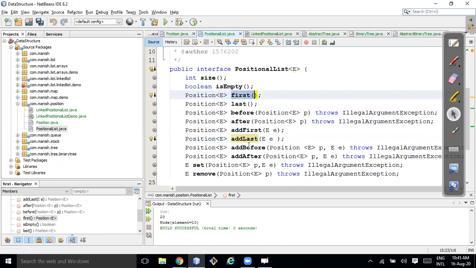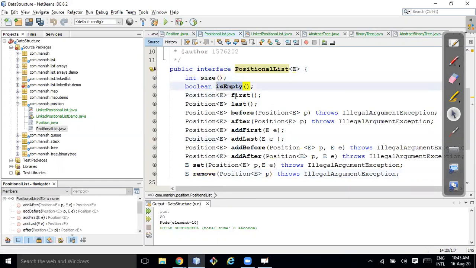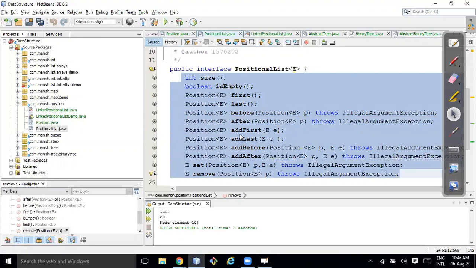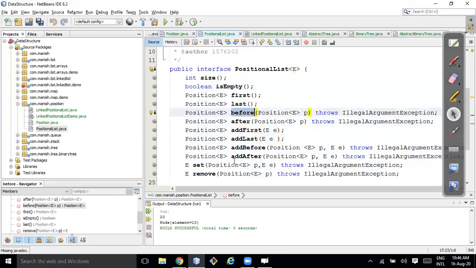First is for removal, right? Add first or remove first can be used for removal. Similarly, you can implement a deque, that we call deck, very easily if you implement this positional list. On top of that, if you have some condition like adding some song in between two songs or after this song, using this you can implement it very easily, right? I hope it makes sense.